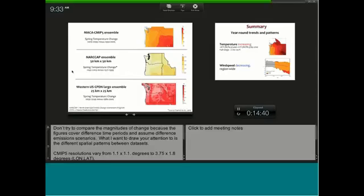And I want to highlight, Phil's already done this, but in case you missed it, I want to highlight the fact that even though we're downscaling models to fine resolution as small as 4 kilometers squared, the driving mechanisms are still coming from a global climate model. So the major east-west trend in spring temperature change, for example, is driven by the GCM. To really get at some of the fine-scale processes and interesting feedbacks that cause the fine-grained differences in trends,